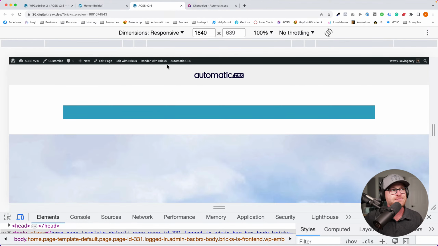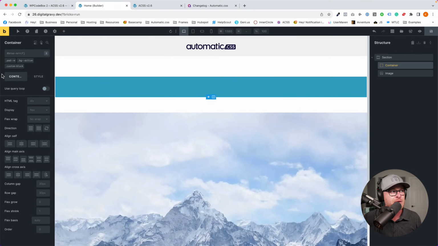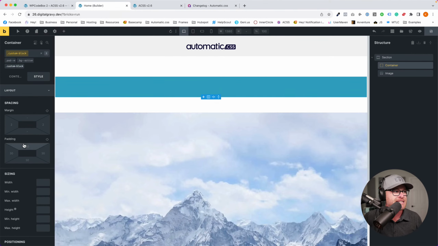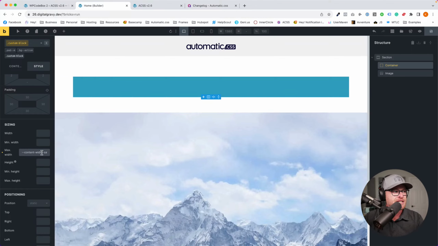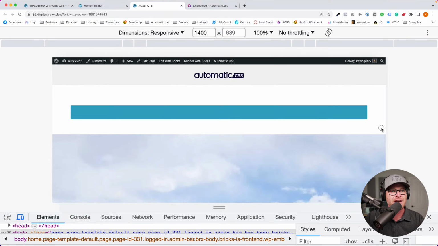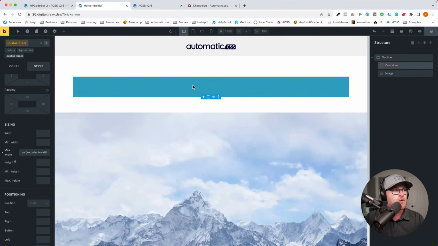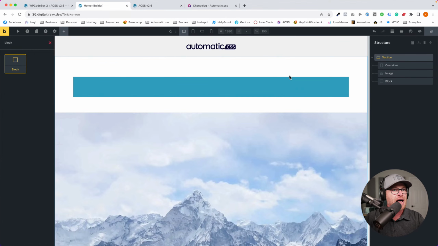That's very powerful. If you're wondering, does this have a corresponding variable to go with it? Then the answer is yes. So I can come down here and I would want to do content width safe. There's no double dashes in the variables except on the beginning where the variable is. And you're going to get the exact same effect here. Okay, so that is with a variable instead of a utility class. And then if you want to take a look at the new content width, we can do that as well. I'm going to put a block in here.